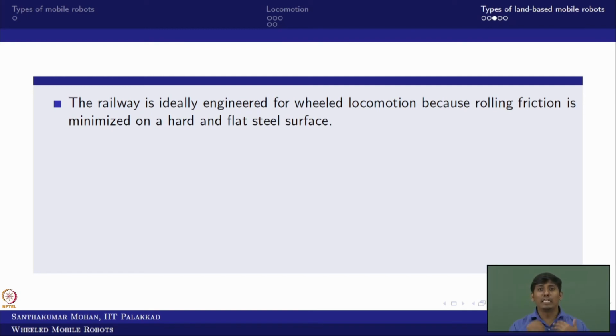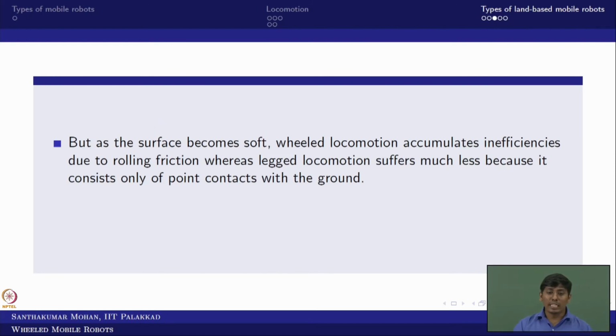That is why we intend to do more on railway rather than wheeled locomotion. You can get the idea now, right? Now you can see that if the surfaces become soft, what would happen? The wheeled locomotion would not generate enough traction force, in the sense the effect on the environment would not be sufficient. So it cannot execute with insufficient traction force.